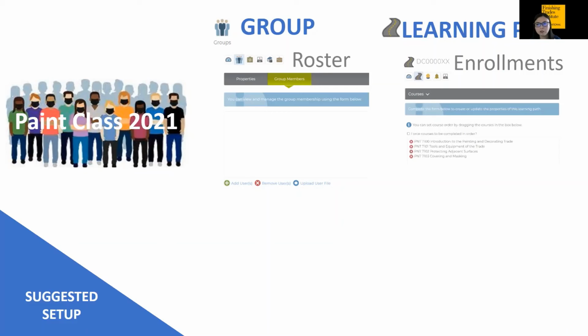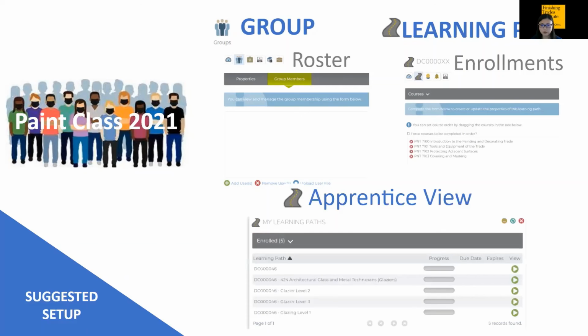You can create multiple learning paths, and that would be managed maybe once in 5 years, once in 10 years, unless you have a change in your curriculum. So all the enrollments would be there. The good thing about it is, once they log in, they actually see a path. If, for example, this person has been added to a learning path for their district council, they can just click that level and that would be their focus. And they're not forced, unless you set it up where it forces them to follow a sequence. So now they're seeing the actual curriculum based on the setup that you did for them.